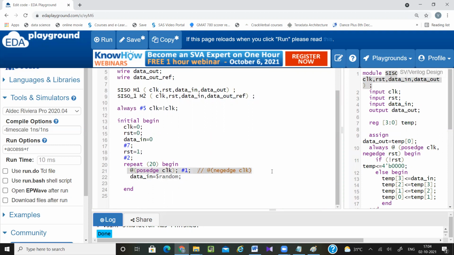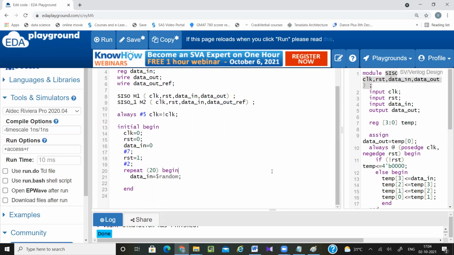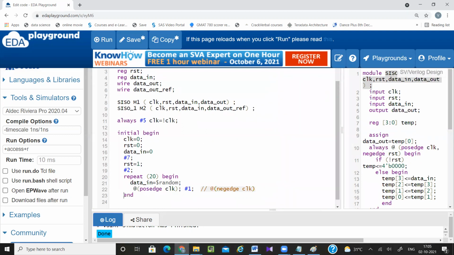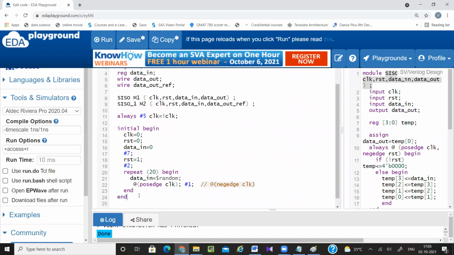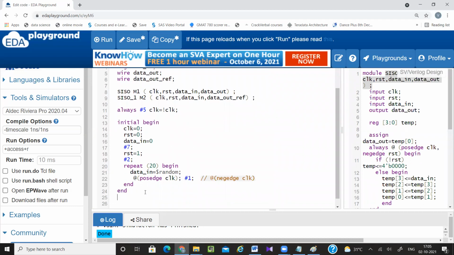You can give it from previously or after also, it's up to you. Let's write it here. So here I'm giving the values. So next end. You can write any number of initial blocks here.